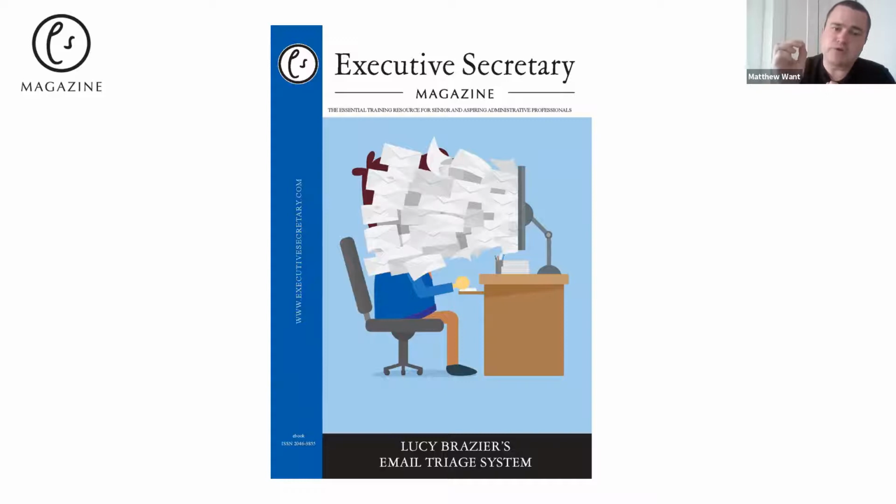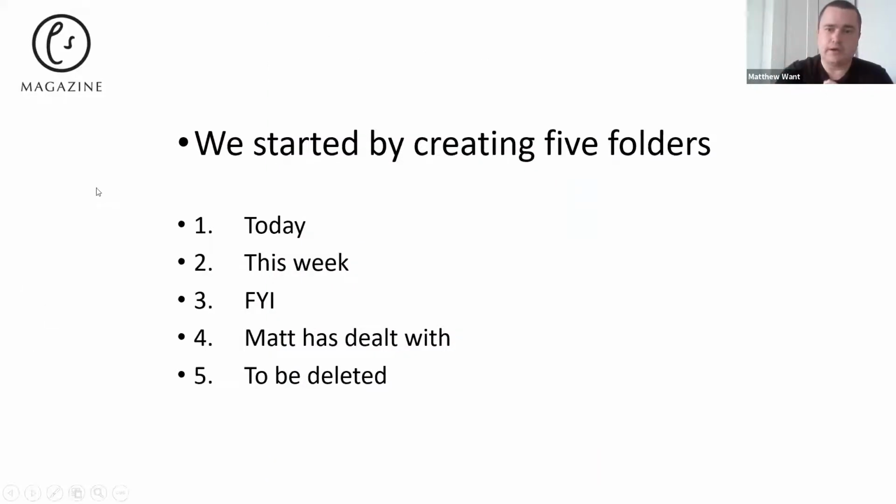The idea of the email triage system is to go through and look at what folders we have. It's a light bulb moment. You look at the folders you've got. We break it down into 5 folders. So there's 5 categories that we've got, and it makes it easier for Lucy to see. So these aren't in any order, they're just as I'm reading them, and there will be more detail on the triage PDF. So the first one is the today folder.